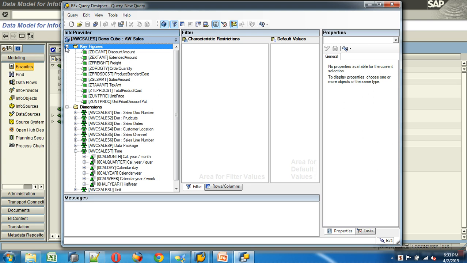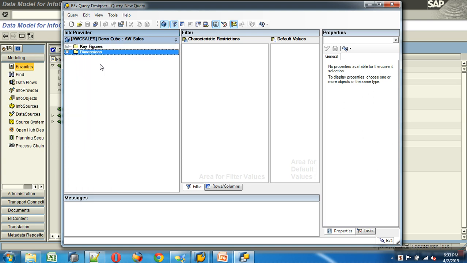So, can I say in the provider block, you have all the metadata of your provider. Metadata, and objects, the definition. You just have to use the definition and start formulating your queries. Normally, in any database, when you want to read data, you write SQL. But here you're not writing any SQL. When you do a drag and drop, internally the system would form the SQL query for you.